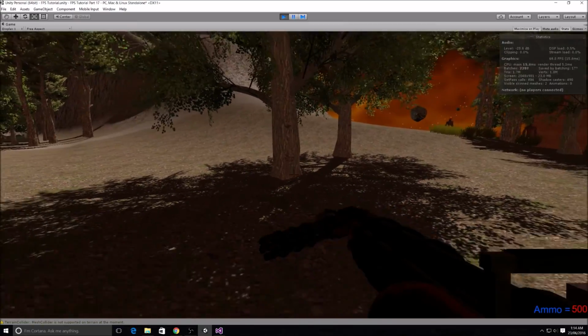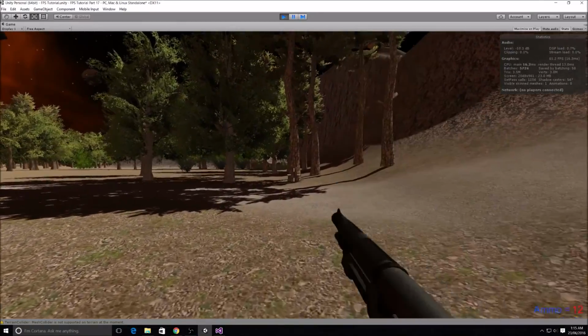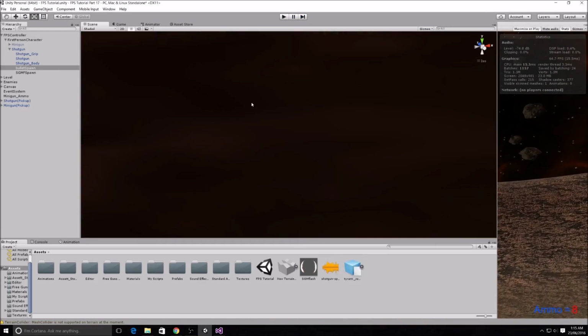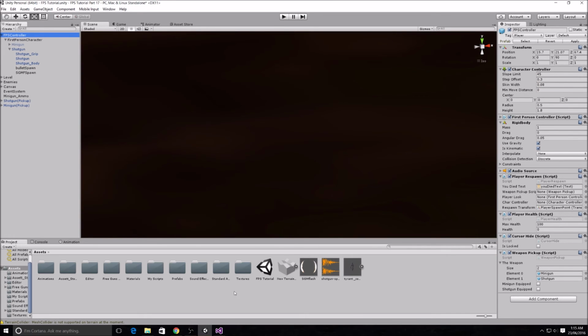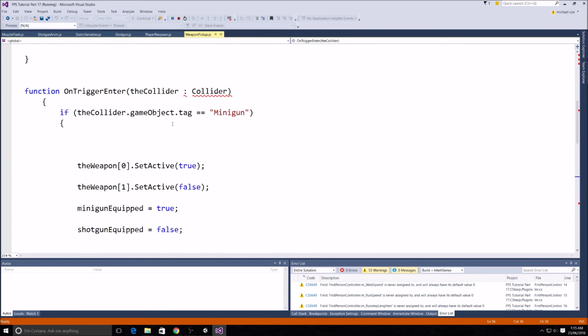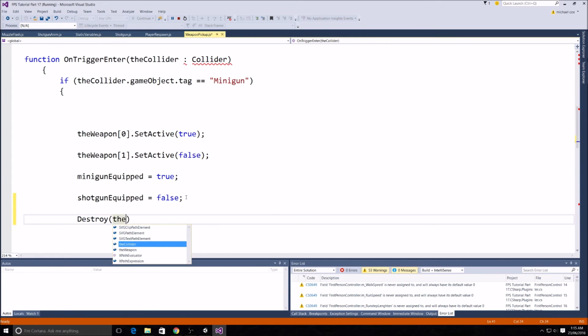So I'll pick up the minigun first, and then we'll pick up the shotgun. So that is working absolutely fine. I just quickly want to make sure that these disappear now. So in our weapon pickup script, underneath the on trigger enter, tag minigun, the last line, we will destroy the collider game object,